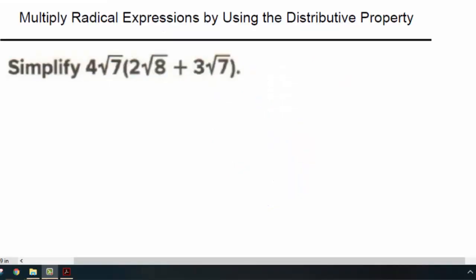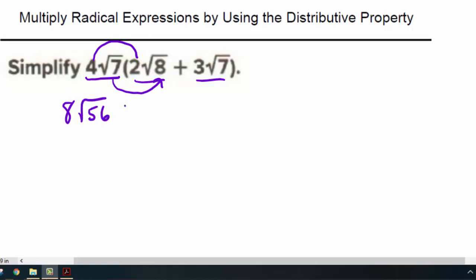Okay, for the last example, we're going to show how to multiply radical expressions using the distributive property. We've got the 4 root 7. We're going to distribute to the 2 root 8 and 3 root 7. So when we do that, we take the rational part and multiply it with the rational part. So 4 times 2 is going to give us the 8. And then the irrational part with the irrational part. So root 7 times root 8 is root